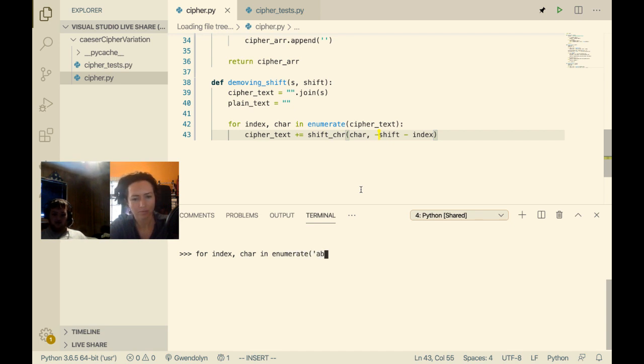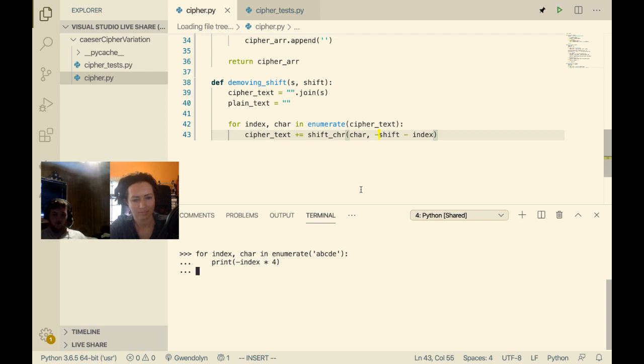We'll just do A, B, C, D, E, I guess. Actually, we didn't even need that. I could have just used a 4 underscore or something, but we'll just print negative index times 4, right?